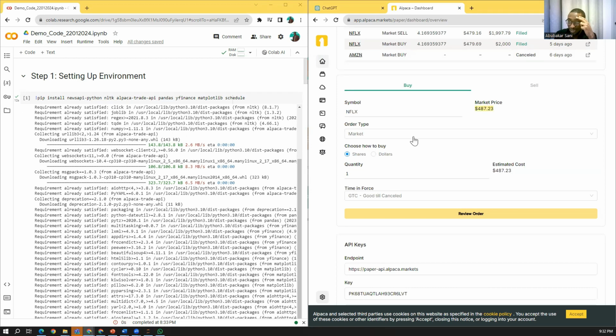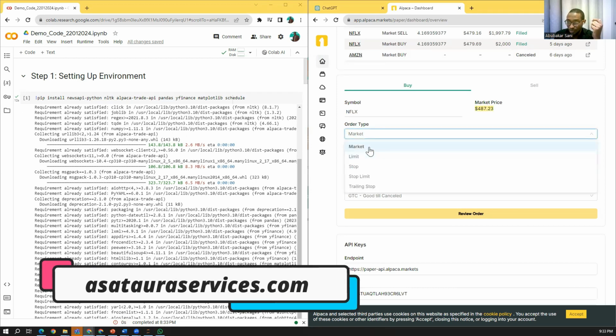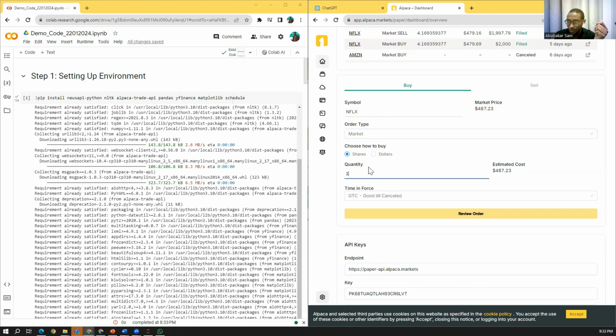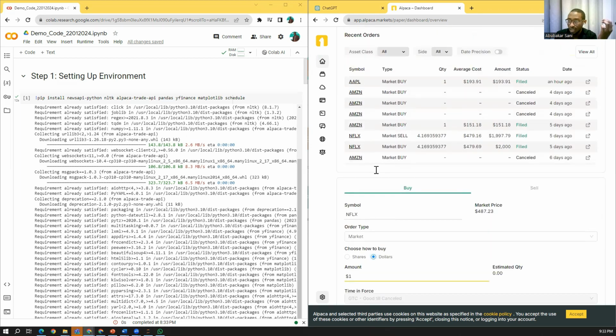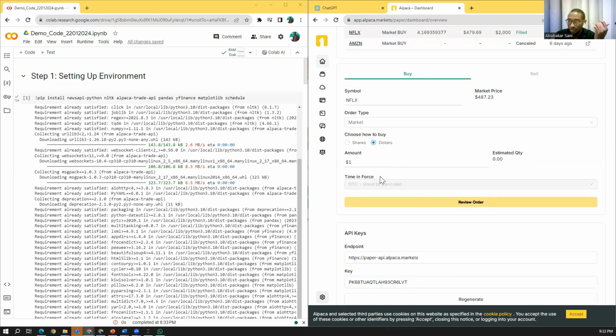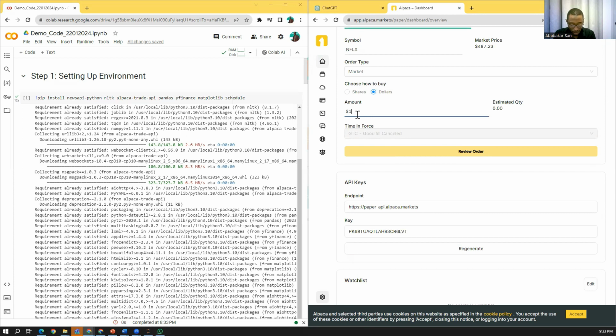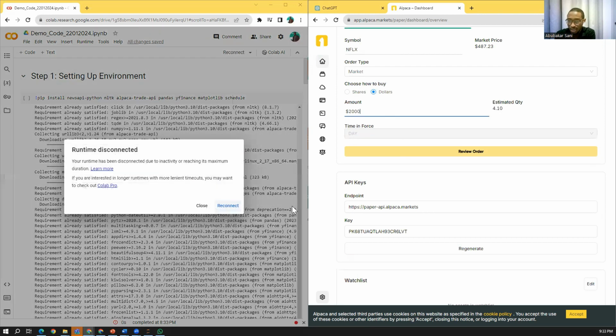This is the current price and the order type. We want to buy at market, so we buy immediately. Here we indicate the number of shares. But if we are doing position sizing, assuming we have 100,000 as our account balance, 2% of 100,000 is $2,000. So we're going to buy $2,000.